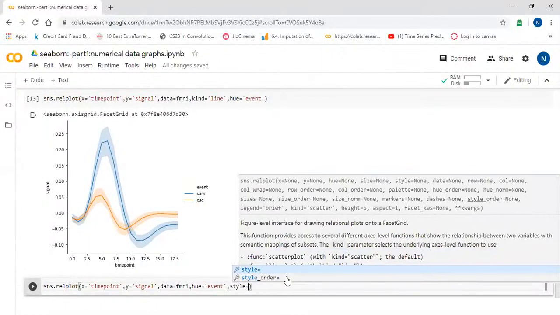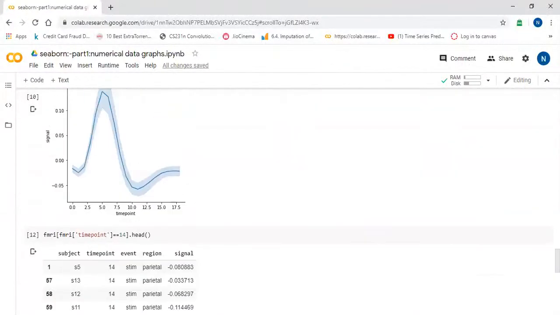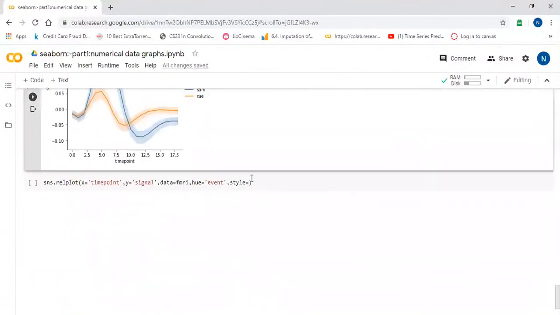Style I will say based on the, we'll check the column name. Style I will say based on the region.